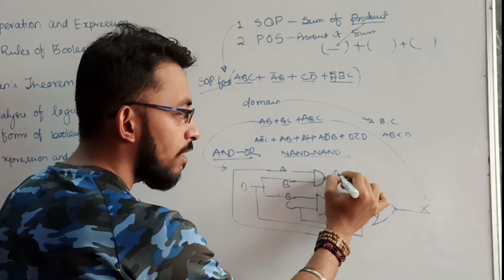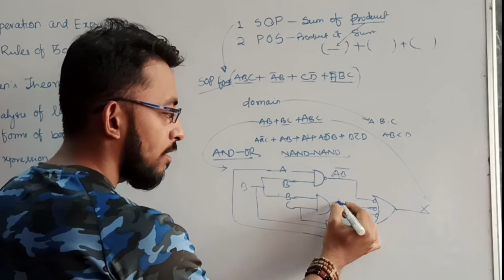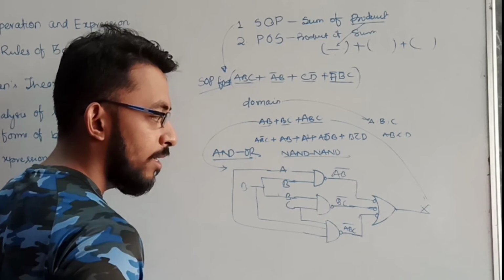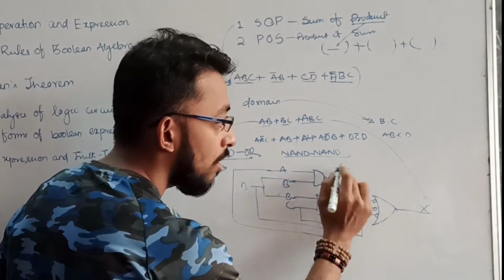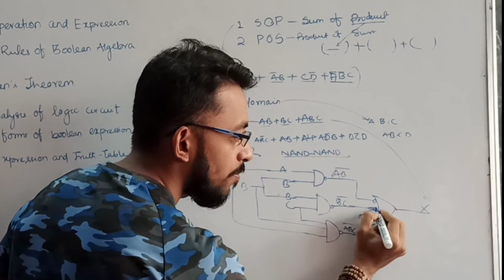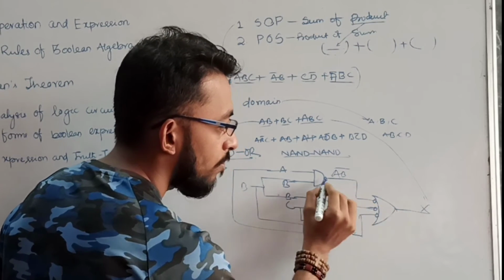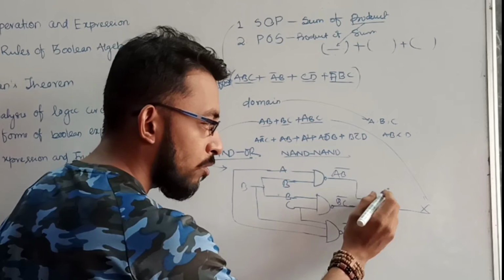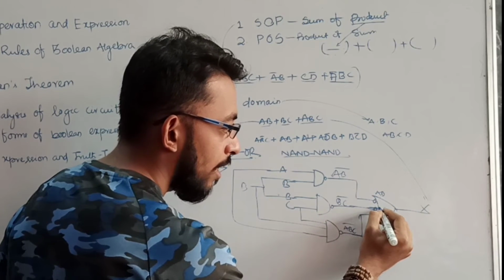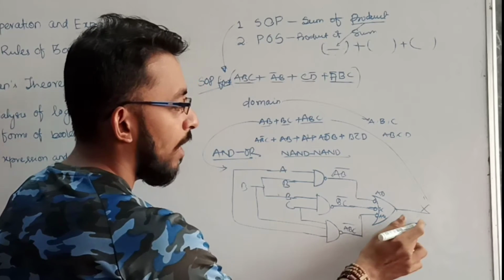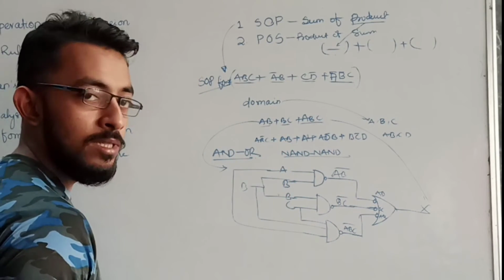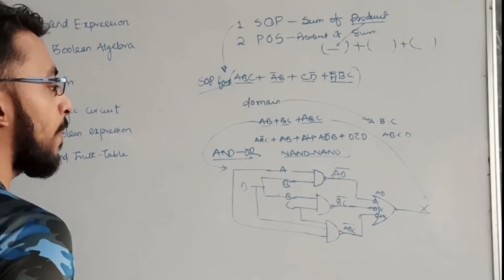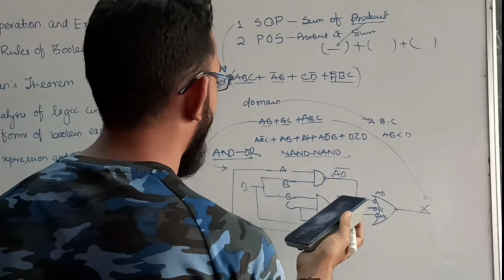How? This gate will give me AB whole bar. This gate will give me BC whole bar because they are NAND gates. This is nothing but ABC whole bar. And when these three are applied to this negative OR, because of these bubbles, these bars will cancel out. So at the input of this OR gate, not this NAND gate, what will I have? I will have AB, BC, ABC, and when added they will give me AB plus BC plus ABC. Are you getting or not? So these are the two representations of this sum of product: one is AND-OR and the second one is NAND.